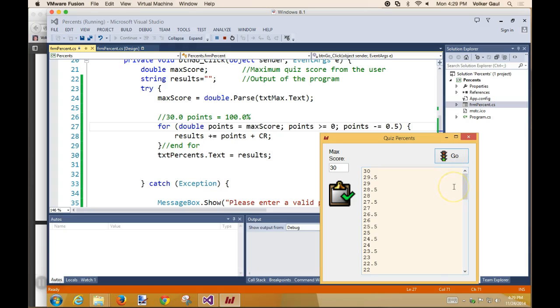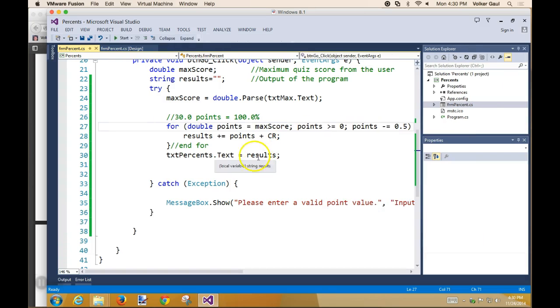Okay, and the other thing I probably ought to consider is if the test score goes up to 100, it's going to need a little bit more space. So I would like all of these to take up the same amount of space, and I would like each of these to have 1 decimal place. So the first thing I'm going to do is make them all take up the same amount of space, and that's